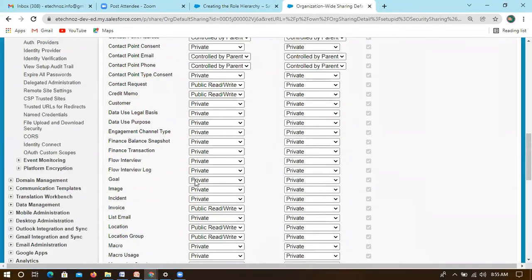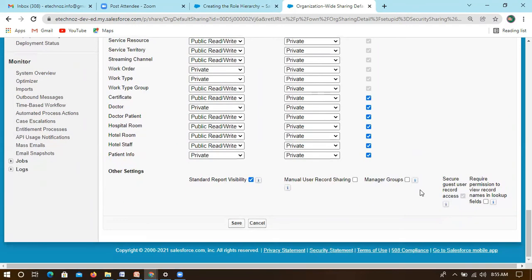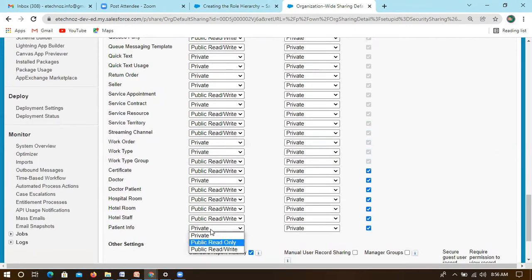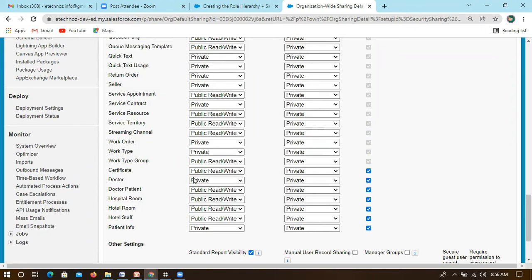We have modified it, right? Patient info private and doctor private. And is there any other?